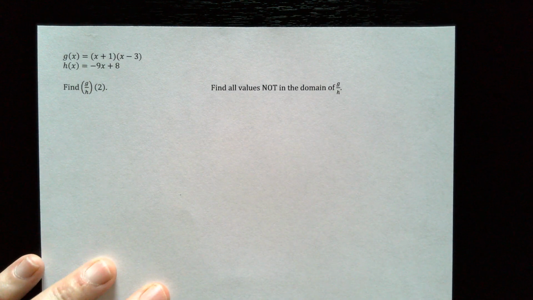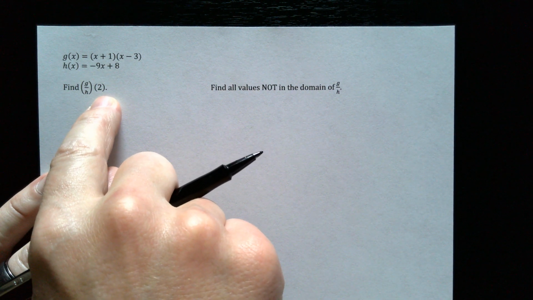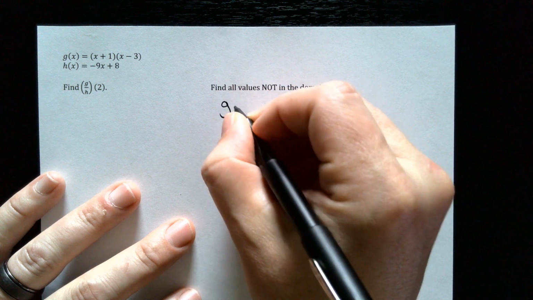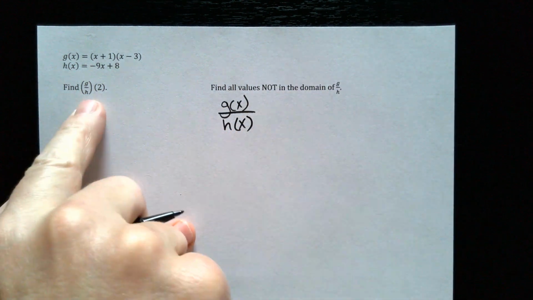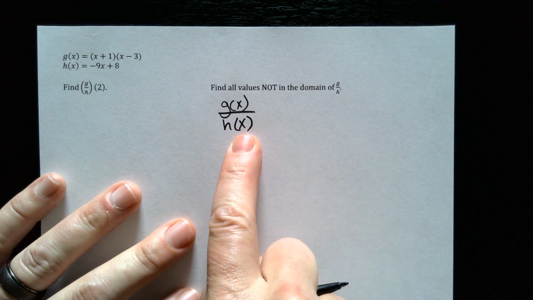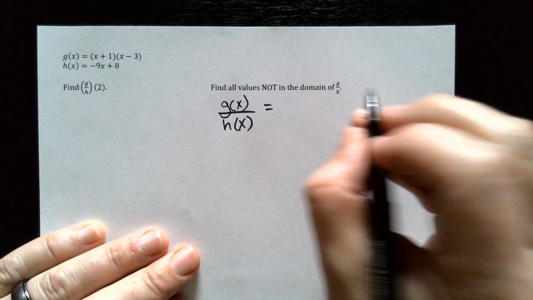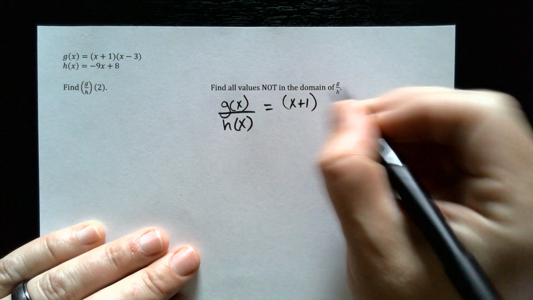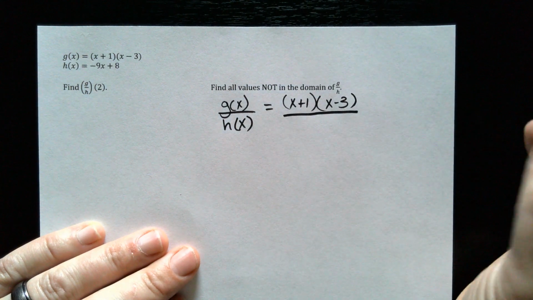Okay, here's our next one. So this time we're asked to find g divided by h of 2. So the first thing I'm going to do is find the values not in the domain. So let's find g of x divided by h of x. Instead of plugging in the 2 directly, I'm going to find the function first, and then I'll plug in the 2. So I do this to find issues with my domain. So g of x goes on top. That is x plus 1 times x minus 3. And then on bottom, we have